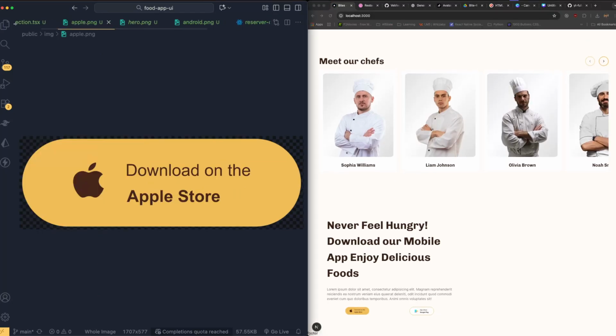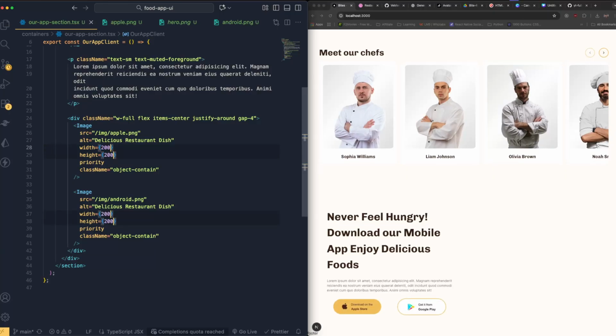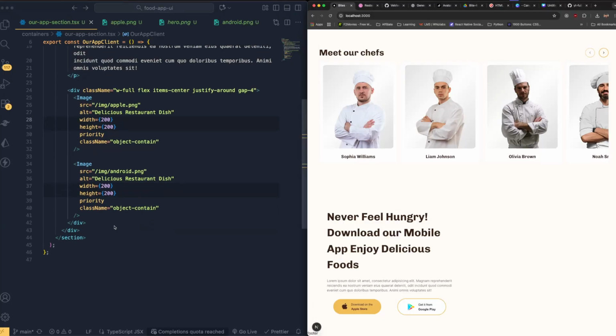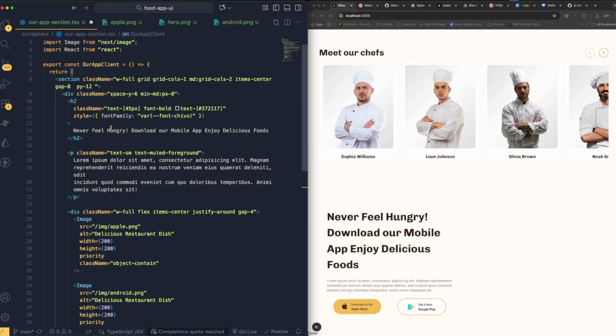So let's refresh this. Now you should be able to see those, but the problem is the width. So I can change this into 200. I think 200 is more than enough now. That's looking pretty much good enough. Okay, then in the right side div, let's say class width as full, height as full, and position needs to be a relative position. And for this section, I'm just going to say rounded-xl, bg, which is going to be